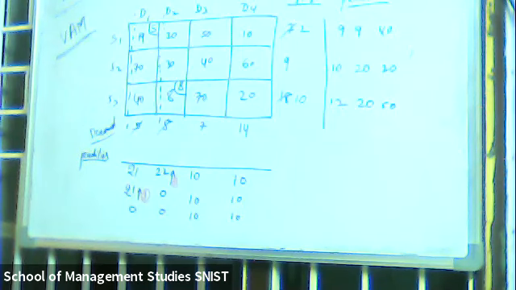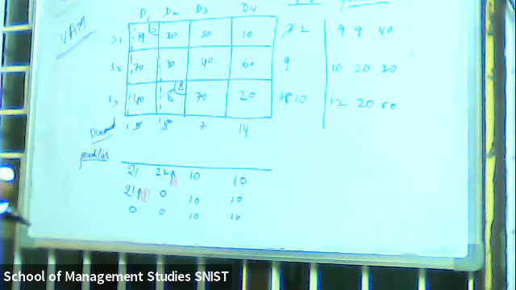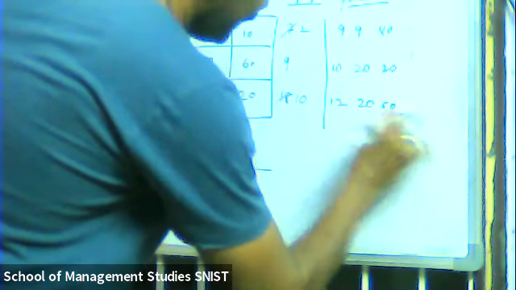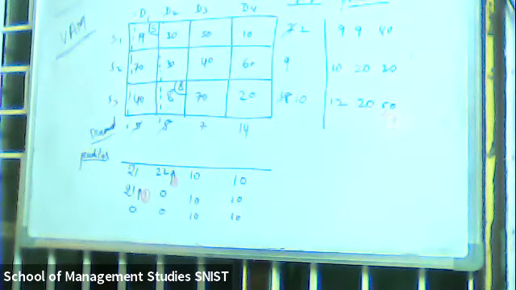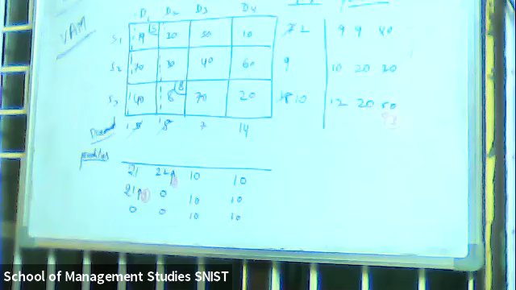50, sir. 50 is the maximum, right? 40, 20, 50. Yes, exactly. So your third entry should be, is it row or column? Row, sir. Good. Now where do I have to enter?